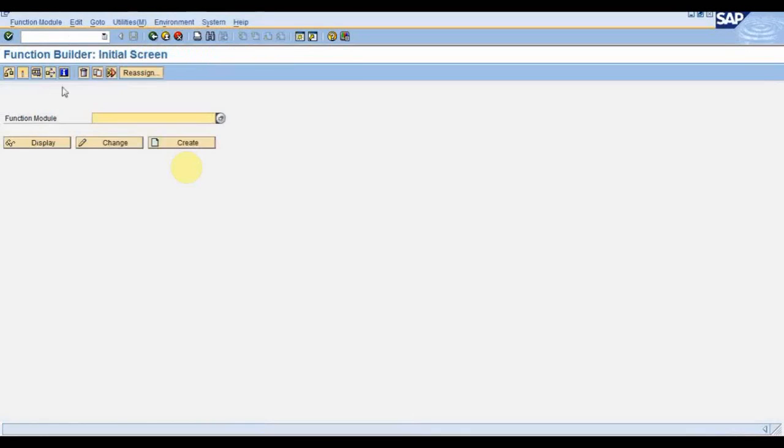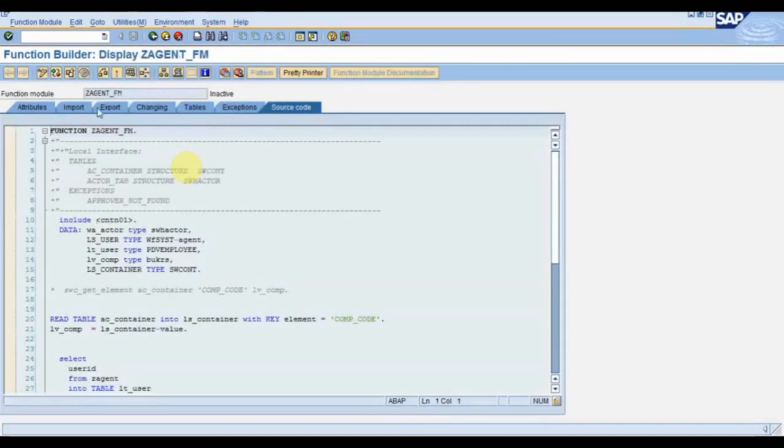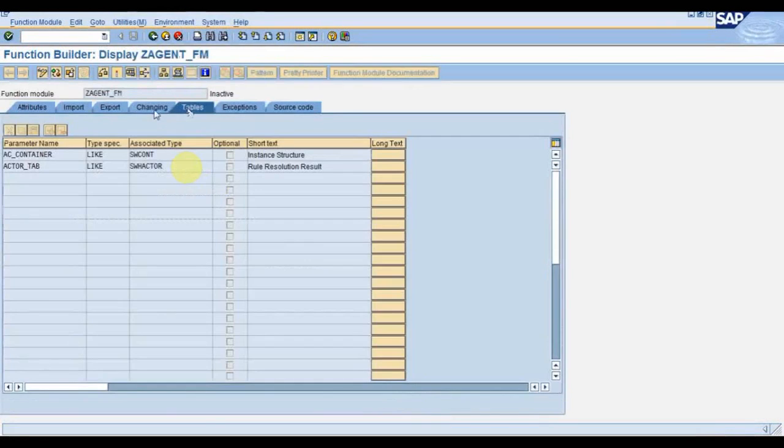Whenever you are creating the FM that will be associated with this rule, it should have some mandatory parameters in the table section. In this table section, we should have these two mandatory parameters: AC container and actor tab. In AC container, all the variables we have created in this rule container will get populated.